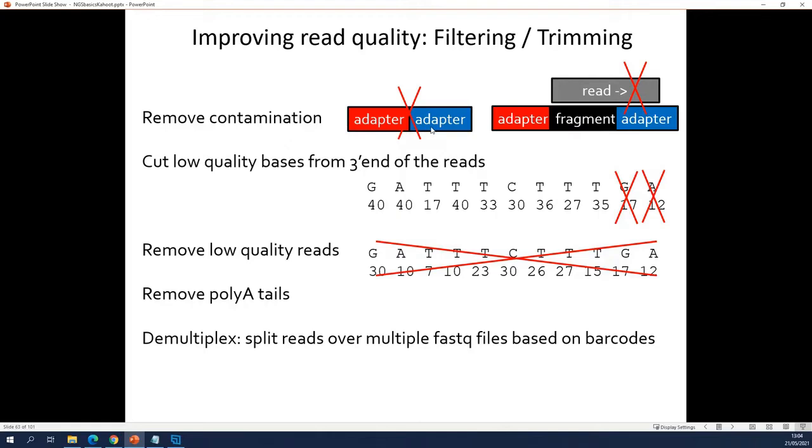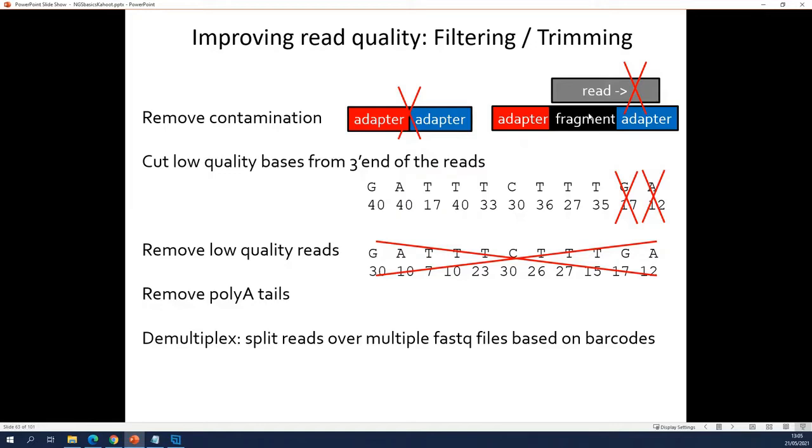Now, when you remove adapter contamination, the tools that do this will automatically also tackle this kind of contamination. So in your FASTQ file, you will have adapter dimers, so reads that consist completely of adapter, but you will also have this case.